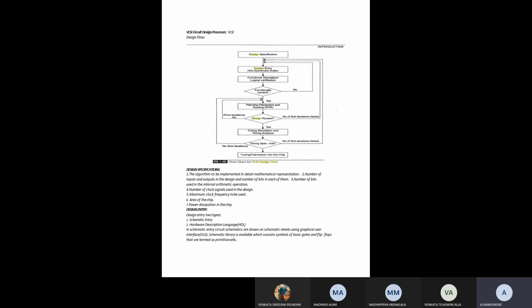What are the different steps involved in implementing a specific IC? We will see those steps in detail, one by one. The first one is the design specification. The design specification is a guide to choosing the right technology.